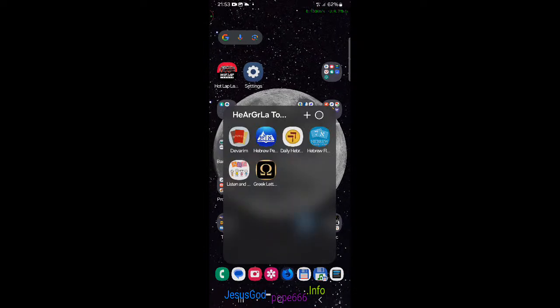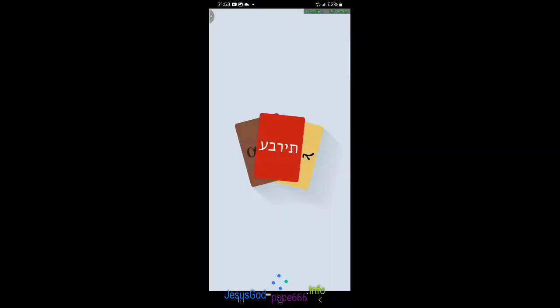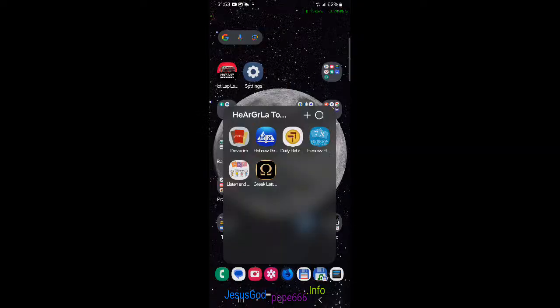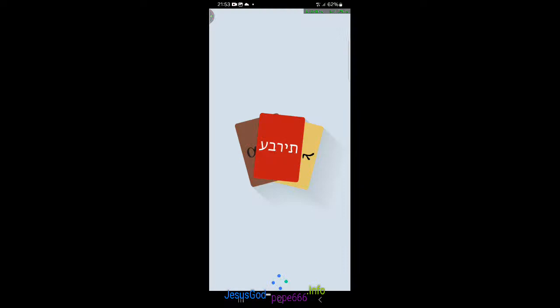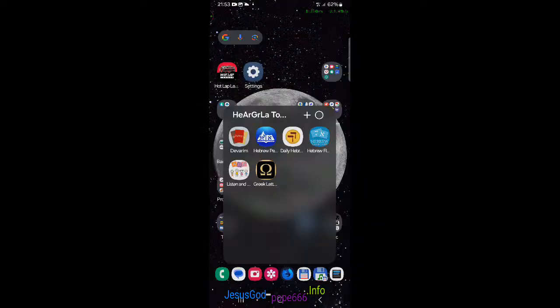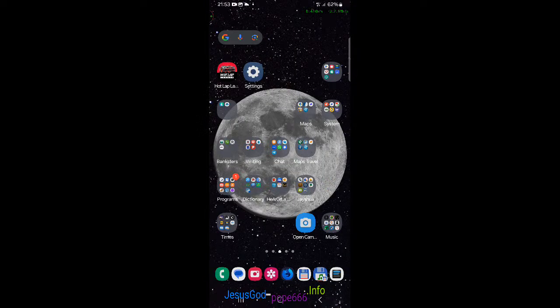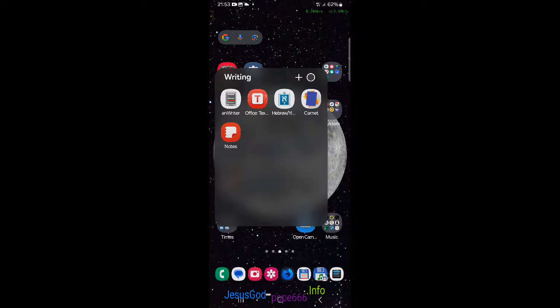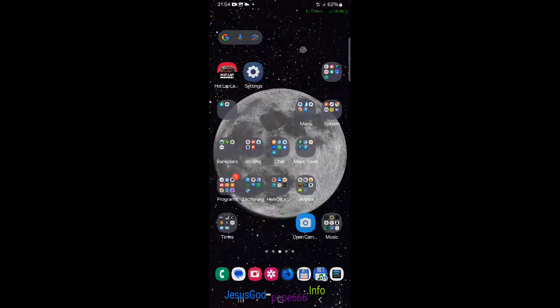Devarim would have some, but Devarim doesn't work anymore. This great application which I paid for just doesn't work anymore. Just broken. And lots of these applications after installing Android 14 were saying this application hasn't been made for this and this and this. So here we go with the continual bullshit of Android.